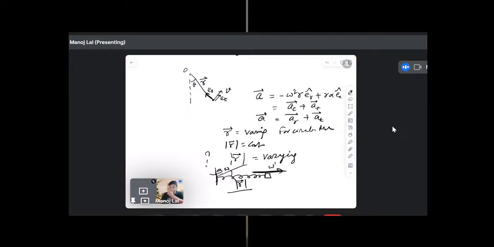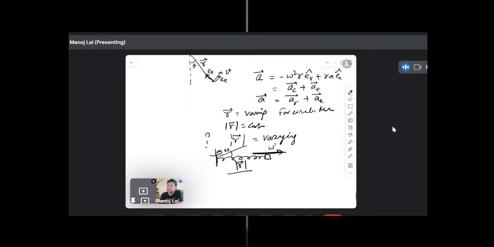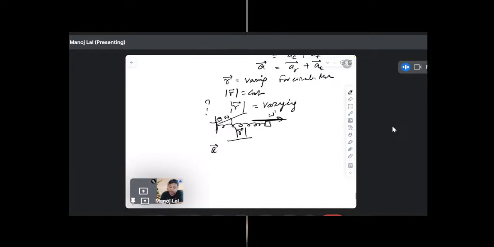So, what will be the acceleration in that case? I am telling you what the acceleration is when both r and theta are changing. In that case, the acceleration of the particle in polar form: say this is the particle, this angle is theta, as I said, this will be d theta. This is r, the r vector. So the acceleration is a_c plus a_t, and I can say a_c is equal to